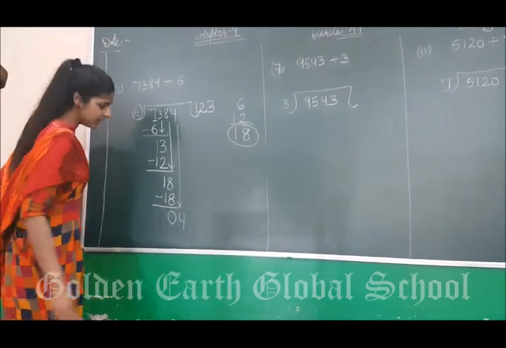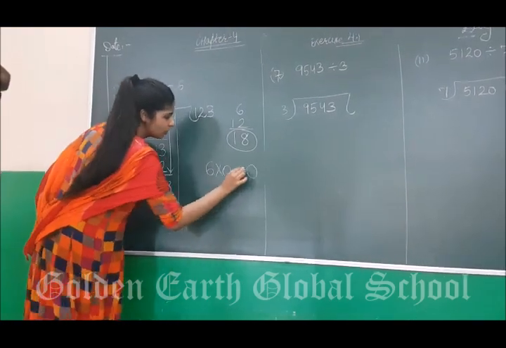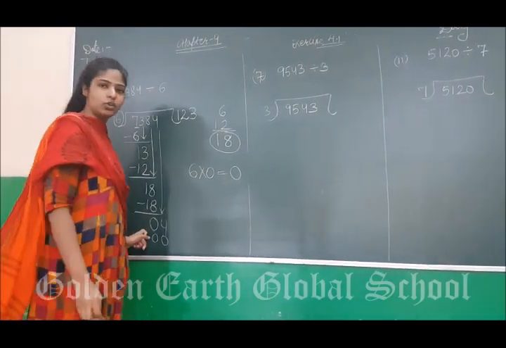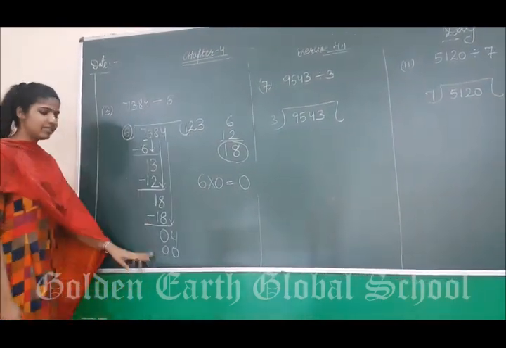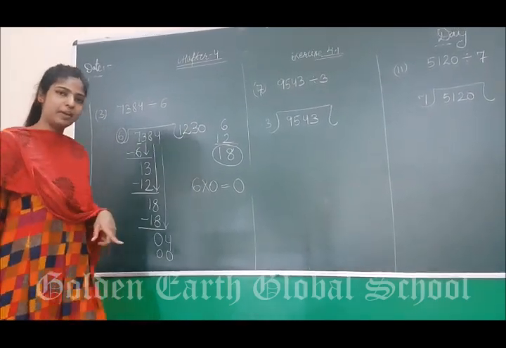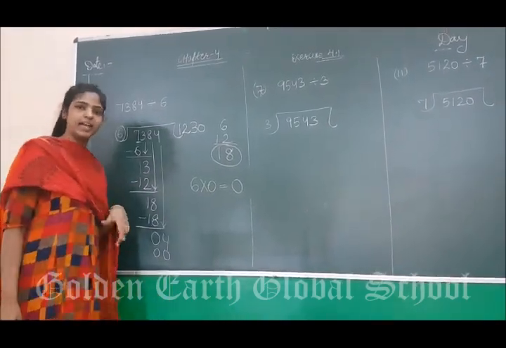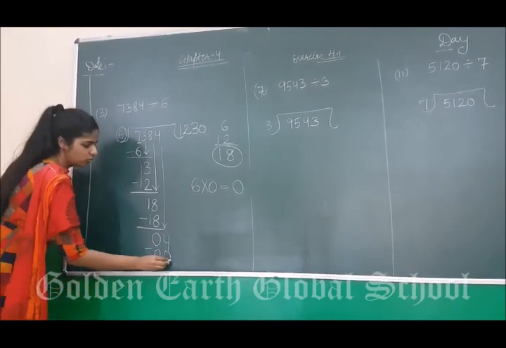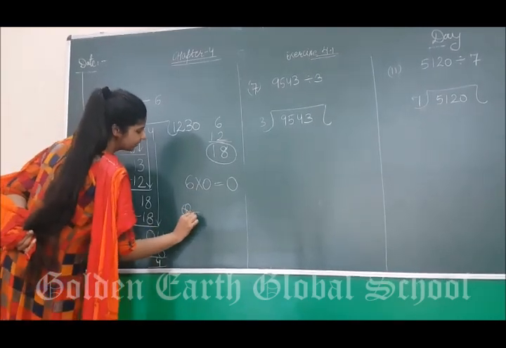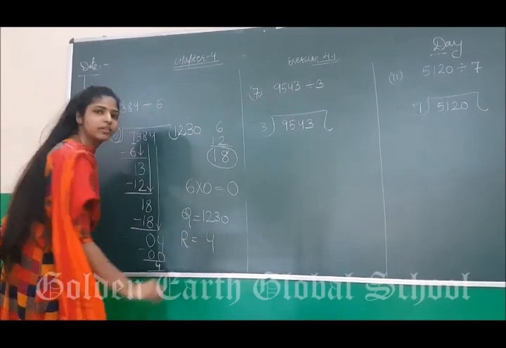So what we do is, अगर हम ऐसे लिख दें 6 multiply 0, that is 0. So write down 0 here because 4 is smaller than 6. So what will we take? 0. And 6 के टेबल पे 0 कहाँ पे आता है? On 0. ठीक है? किसी के भी टेबल पे 0 कहाँ पे आता है? On 0. जैसे मैं आपको पूछूं कि 8 के टेबल पे 0 कहाँ पे आता है? On 0. Right? So what we got in the end? 4. So the quotient here is 1230 and the remainder here is 4. Clear everyone?